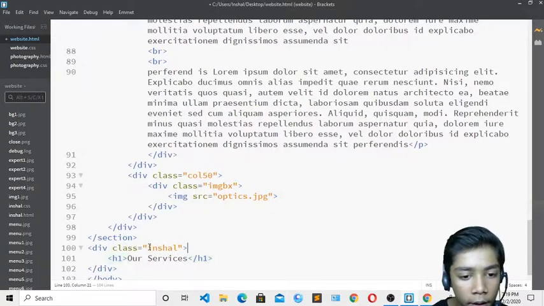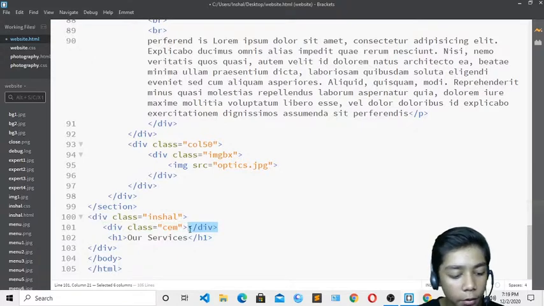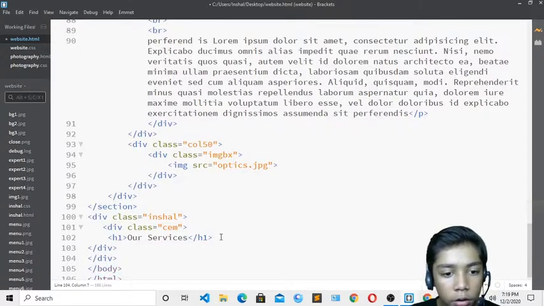Okay, over here write again a div, which should now have class of CEN. Write like that over here, and copy this div from here, erase from here, and paste that over here. Okay, so just write like that.